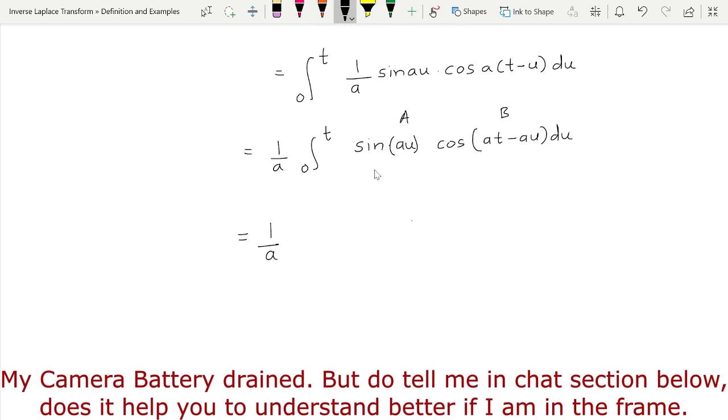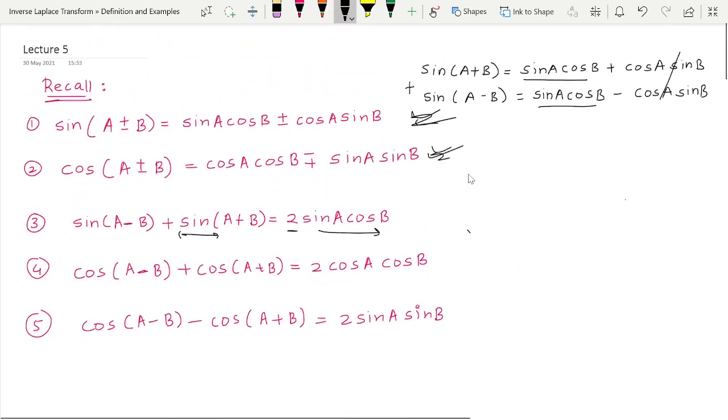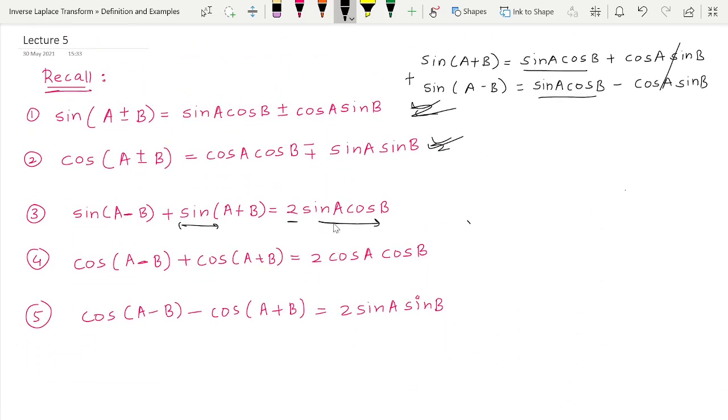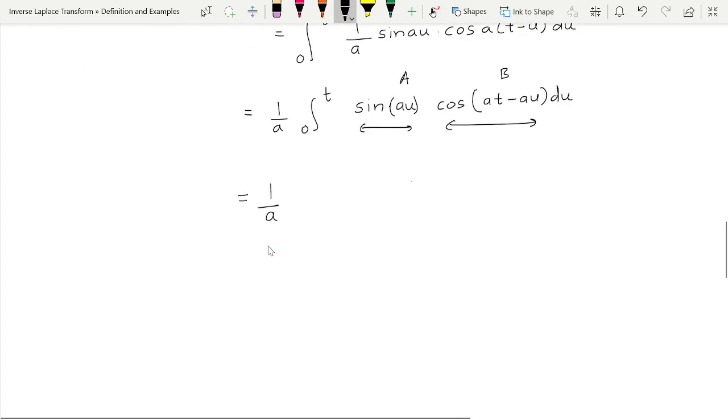Now you can see that over here I am having sine A multiplied by cos B. So we have to use the formula of sine A multiplied by cos B, which we can see here. So sine A cos B will be what? If I shift this 2 to the left hand side, it will be 1 upon 2 times sine of A minus B plus sine of A plus B. So let us use that formula. For you, I will calculate A plus B and A minus B on this side.